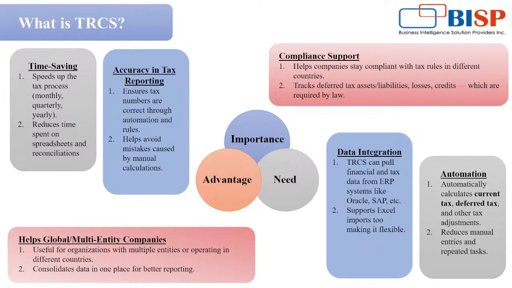Then after the adjustment, we come to the calculation of current provision, that you can say is the provision calculation, which is step 3. So step 3 is provision calculation. TRCS then calculates what the current tax provision and the deferred tax provision are. The current tax is the tax for the year, and the deferred tax is what will be paid or saved in the future. Meaning,